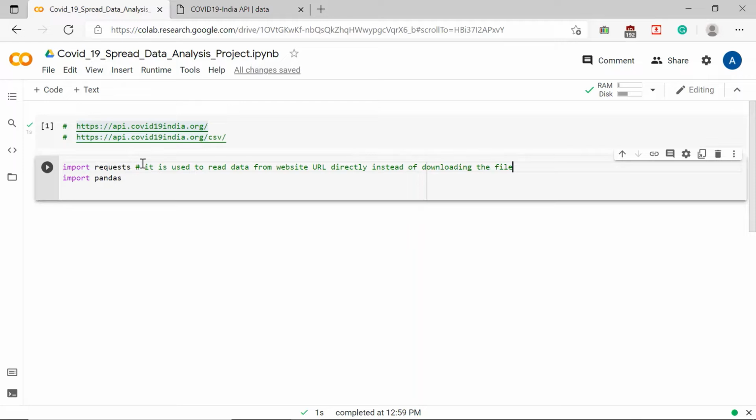So instead of downloading the file, you can directly read the data. Pandas is used to read data in the form of a data frame.